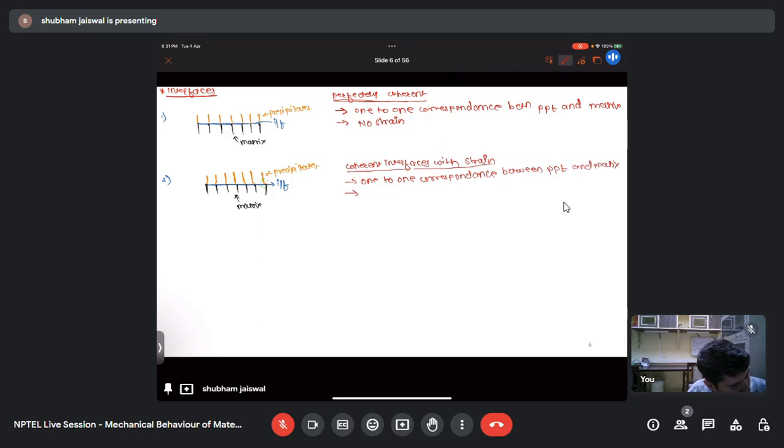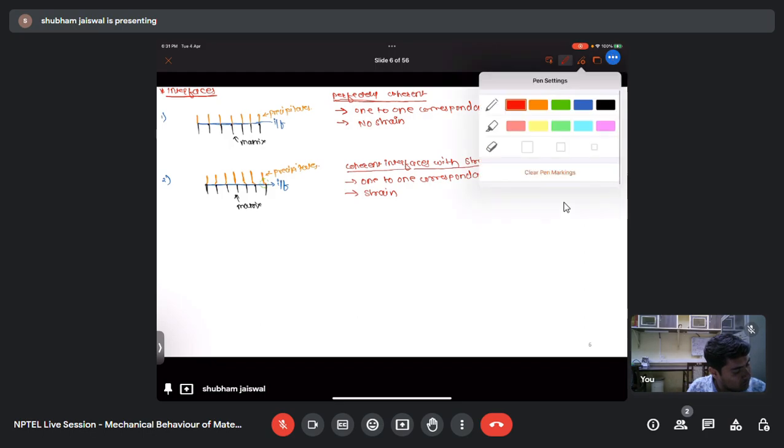And here the small strain is there. So this is the second type of interface. Now the third one is like